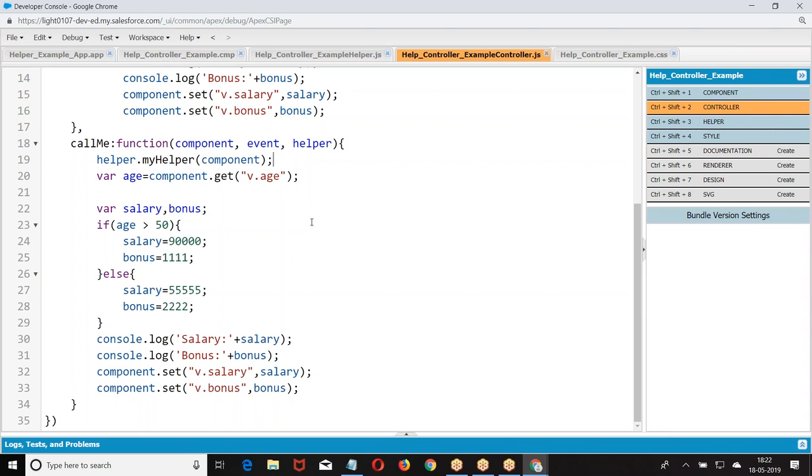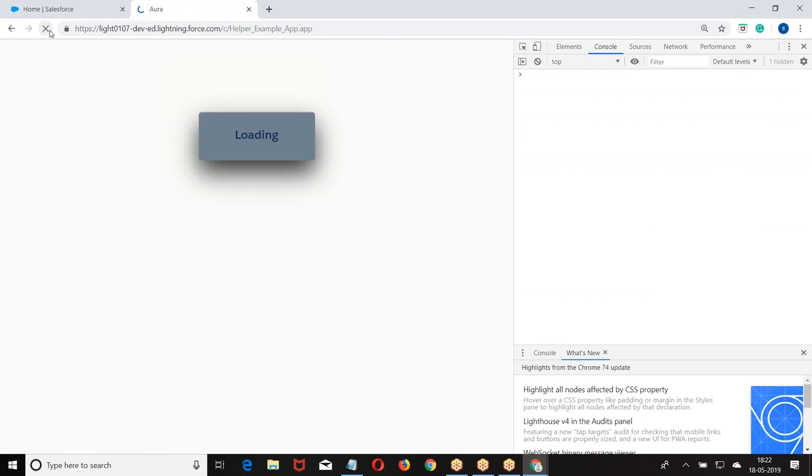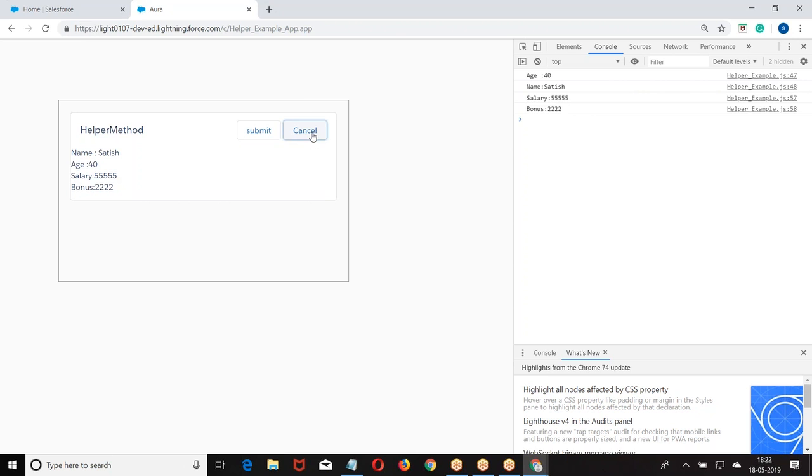Clear? Now go back to the structure. Run the code again. I hope you're good. People follow this. Satish, a quick question. I think we can define another method in the client-side controller itself for this. We can do it. So what is the special reason we need a separate helper? See, when you are invoking another function, we are supposed to pass a component, I was supposed to pass parameters.